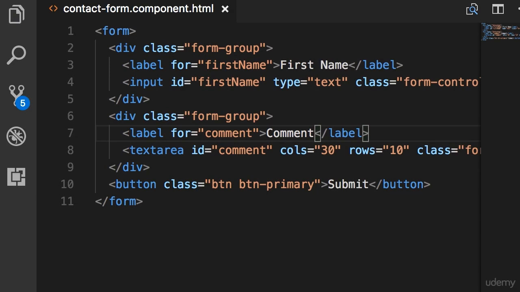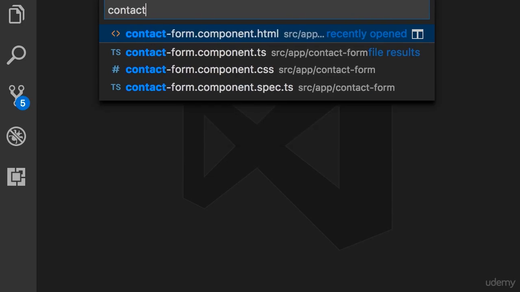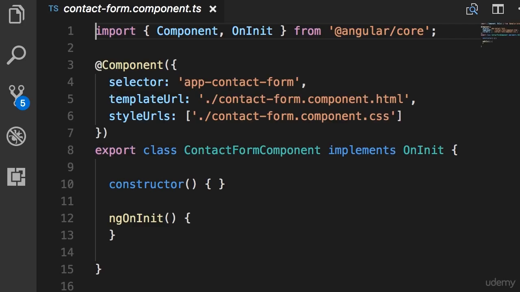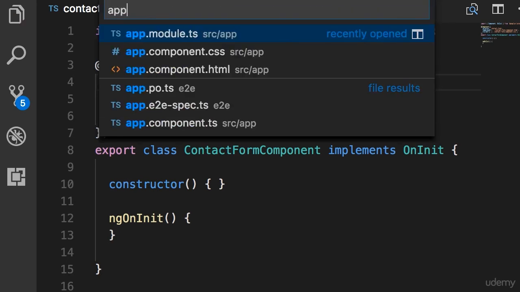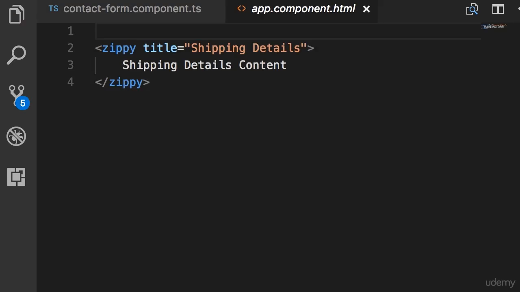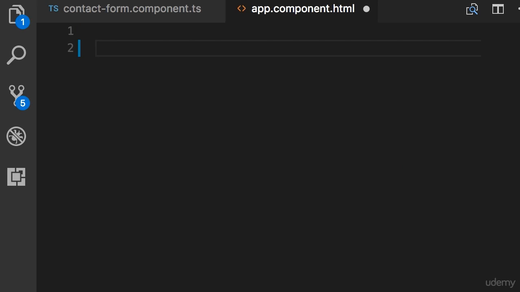Okay. Now finally, let's use this form on our home page. First, let's go to contact.ts. I want to change the selector here. We don't really need this app- prefix. It's extra noise. Add it only if it's clashing with another component defined somewhere else, something that you're importing from a third-party library. So finally, let's go to app.html, delete all the markup here, and add our